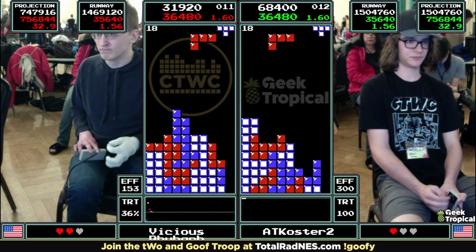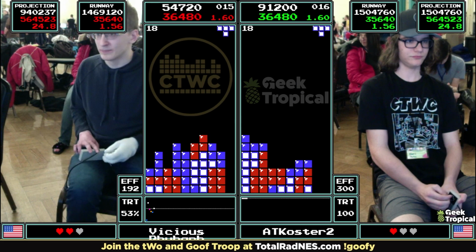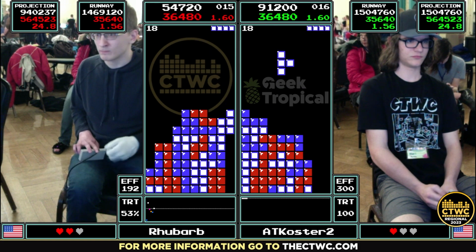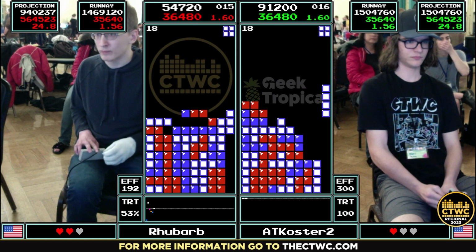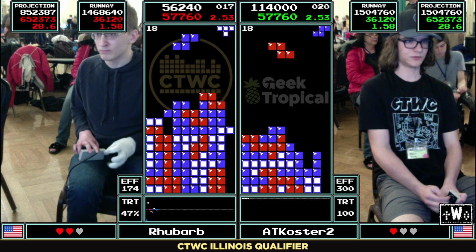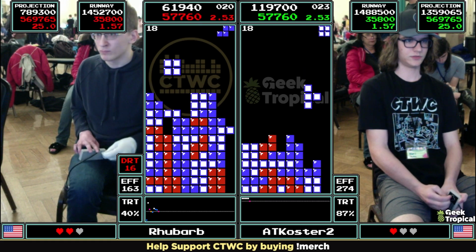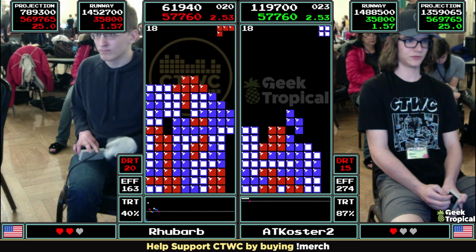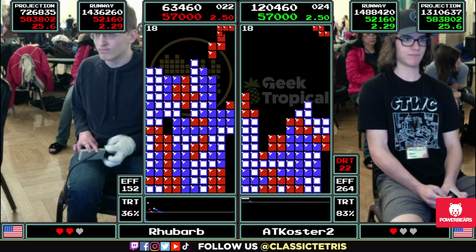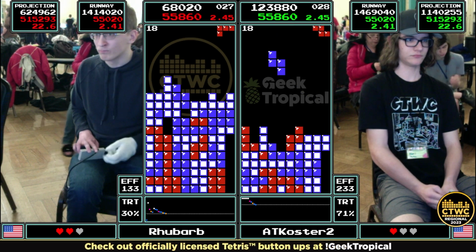All right, as I mentioned, this is potential match point for ViciousRhubarb. Gonna slam down the quick Tetris there, go to 55,000. Oh. Light complications here for ViciousRhubarb. He's going to need some good pieces to burn this down. And a couple burns here needed for atKoster, unable to capitalize, but now is able if he gets that L